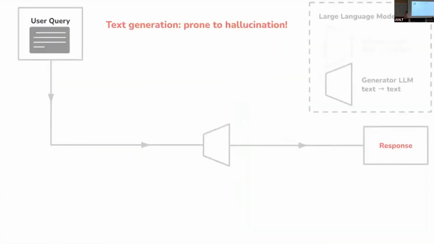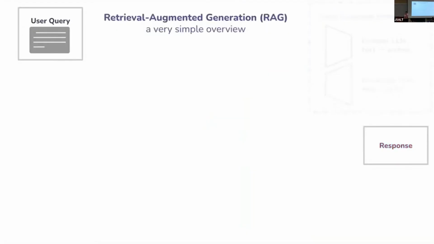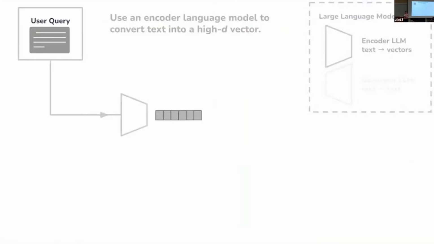So just a quick schematic of what we're trying to avoid. You have a user query in this black box up to the left, and then it goes through some generative LLM. If you just have it generate some text, you create some response that might be prone to hallucination. But instead, what you want to do is come up with, in this case, a very simplified approach to RAG, retrieval augmented generation. I think you guys know more about this than me in many cases, and yesterday's lectures and lab were very useful.